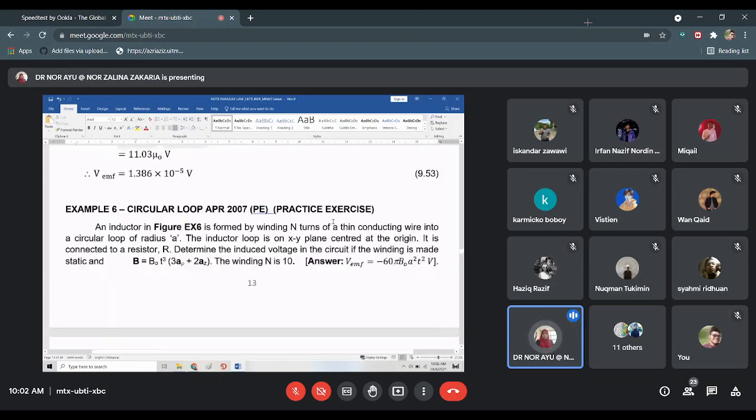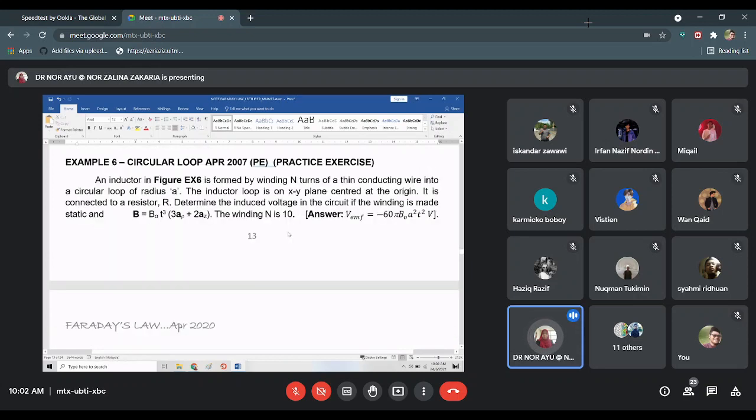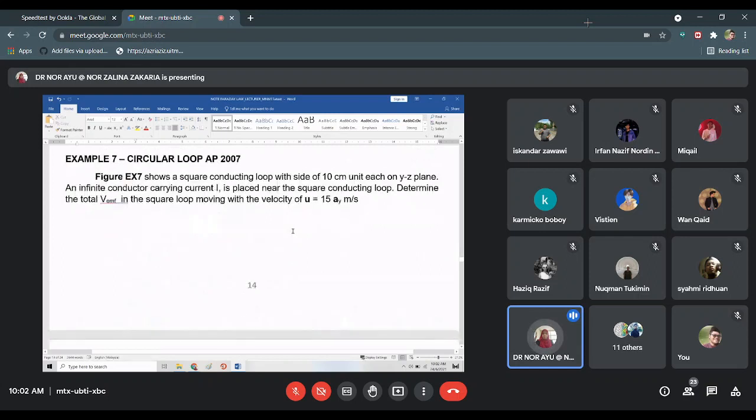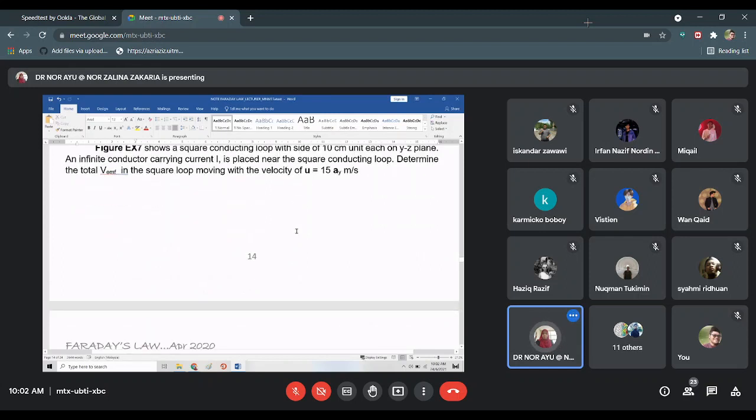And then example 6 is practice exercise. So this kamu kena buat sendiri dulu. So example 7, it is a bit similar dengan yang tadi tu. Cuma